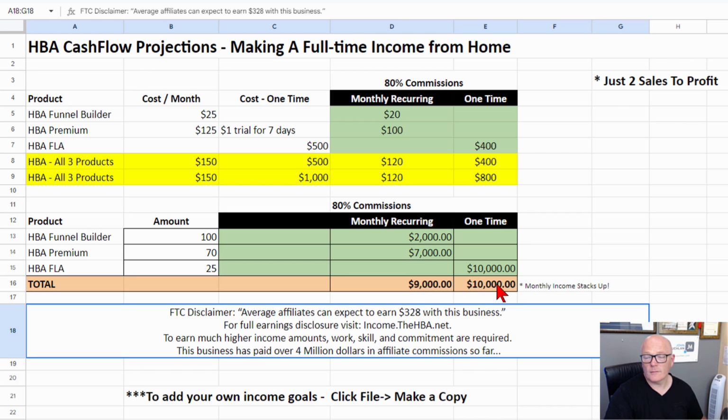If you look at the different buying habits and the trends with online marketing, with digital marketing, people now are getting rid of luxury items because of the financial situation that we've all been forced into. So they're thinking, I need something that is low cost, something that is going to be high profit, and something that is going to work. Let me tell you, the Home Business Academy is it. If that's the sort of thing that you want to be involved with,